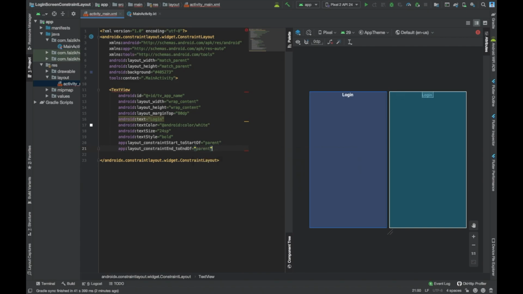This is to make it center horizontal. Top to top of parent,